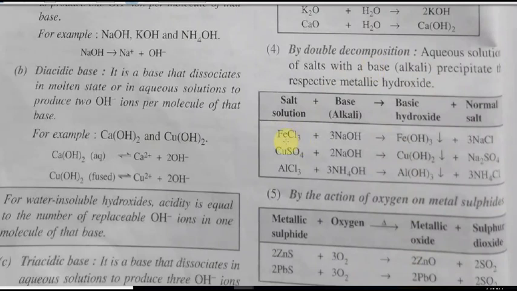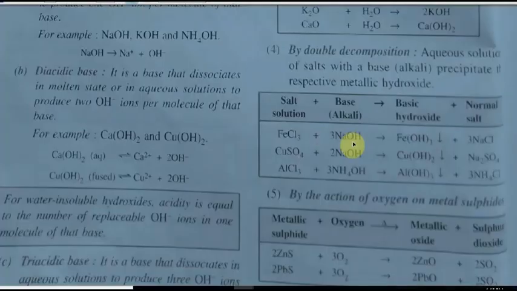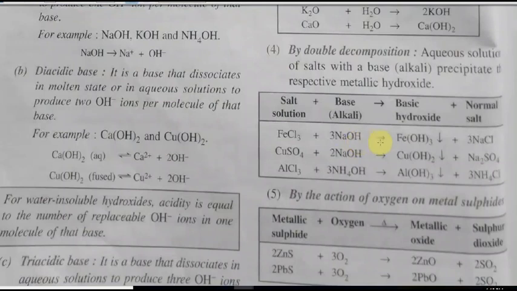It means we have FeCl3 and this is NaOH. This OH will go to this iron and this Cl will go to this Na. Now after the reaction, this Fe will catch this OH and convert it to Fe(OH)3. This is basic hydroxide. Similar reaction, copper sulfate reaction with NaOH. Now if the radicals are exchanged, this SO4 will go to this Na and this OH will go to this Cu. So as a result, Cu will catch the OH and you can see Cu(OH)2 base will be produced.